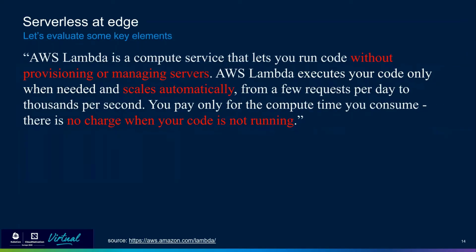This is the Lambda definition from the docs. Let's analyze how it might apply if Lambda was hosted at edge. A key difference at edge is that you likely own and operate the host infrastructure. There may be some telco use cases that talk about hosting multi-tenant workloads in cell towers, but for the most part, I'm equating edge with on-premises servers owned by the user. I added some red coloring here to what's in the AWS docs to highlight some items that would be impacted by a move to edge.